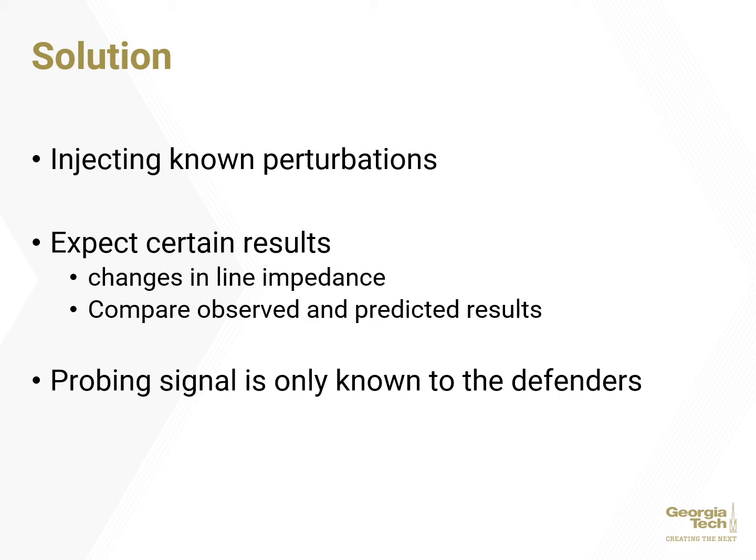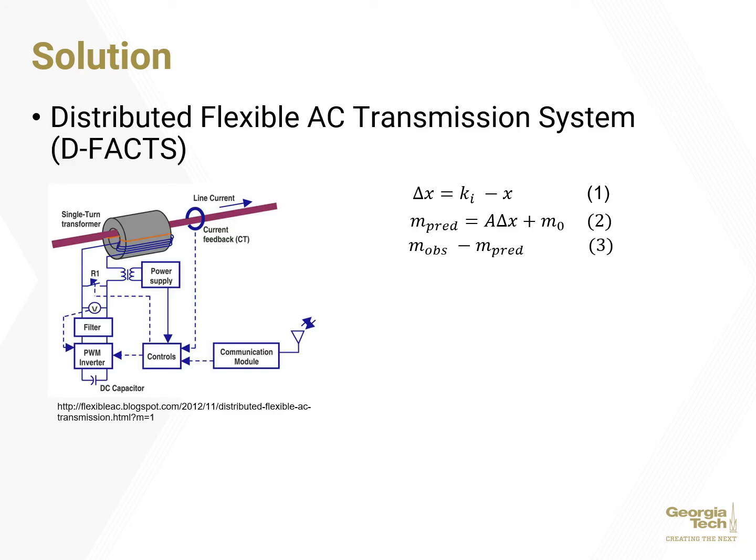Furthermore, operators of power systems can set up continuous probes sending in different perturbations every hour, making it extremely difficult for the attacker to predict what the expected value should be. There are a few ways to probe the system, such as using voltages to change reactive power output in certain parts of the system, but in this case, the researchers determined DFACs, which are distributed flexible AC transmission systems. These DFACs sit on AC transmission lines and are capable of performing active impedance injections, making it a good candidate to probe the system.